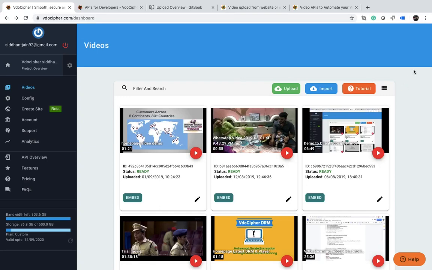Let us see how to upload and embed video using VideoCypher. Once you register for a trial account, you will be able to see the dashboard. There is already a sample video uploaded onto your dashboard. You can try embedding that for a quick trial, but for a serious purpose, you might also want to upload